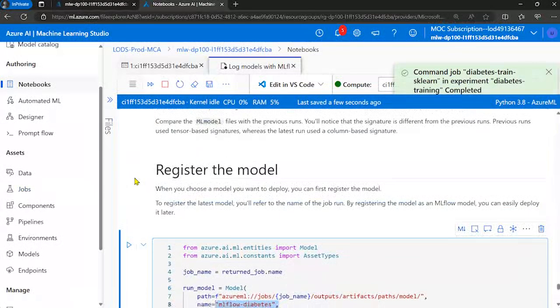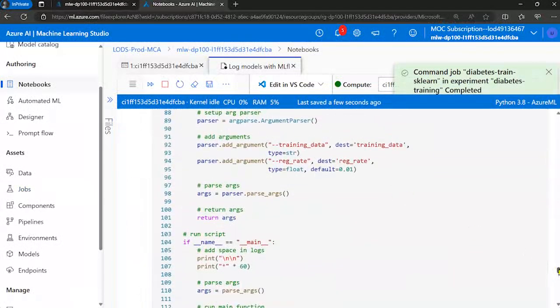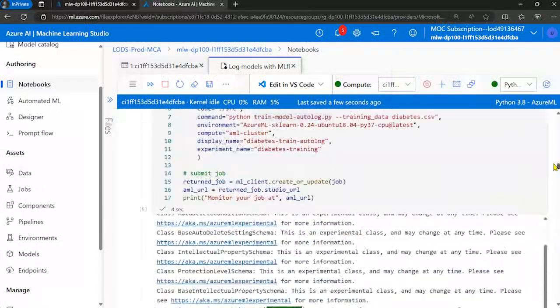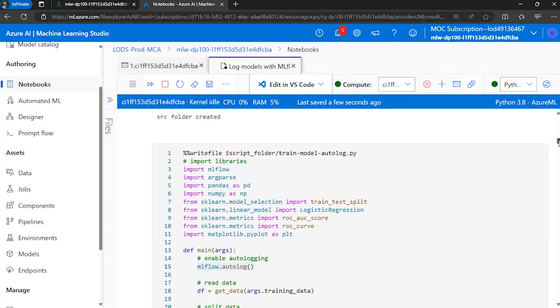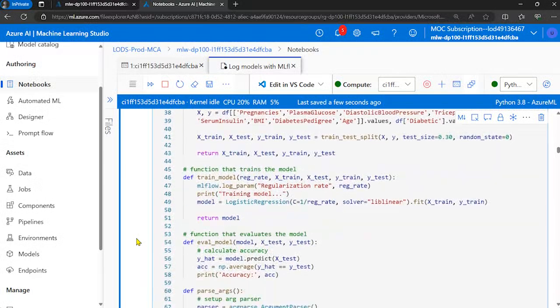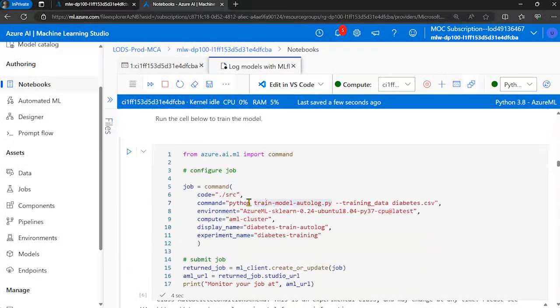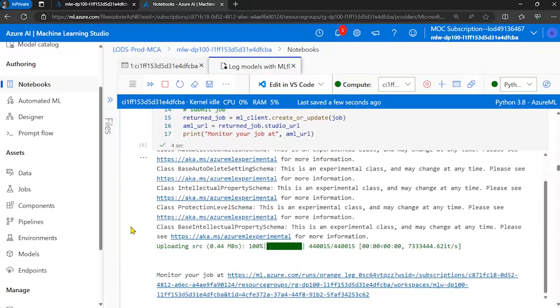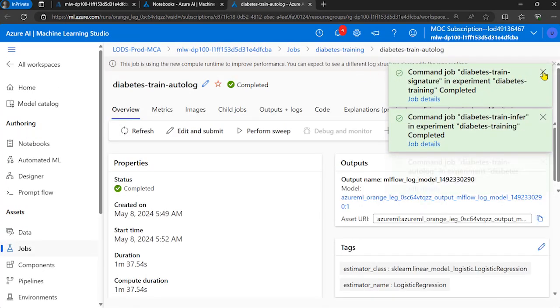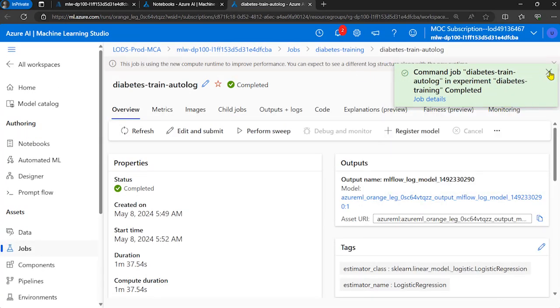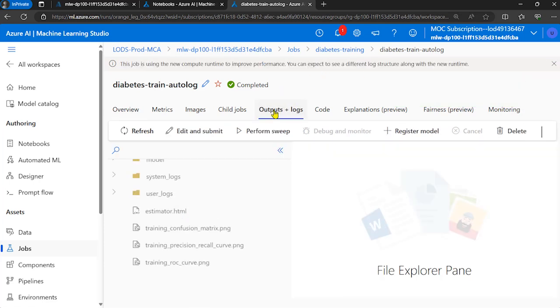Let's go over to our jobs, and I do want to just double check something here. Yeah, I just wanted the name for that. So autolog.py. This is the one that's completed, the one that we submitted first. The other ones, there's a bunch that are probably still running. So let's go look at this job specifically. We saw a lot of notifications come in that things were completing, so let's use this very first one that is completed. And if we look at the outputs and logs for this,